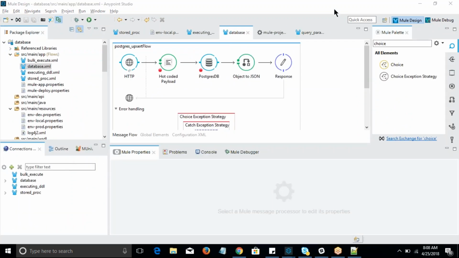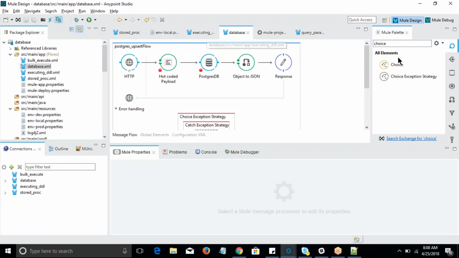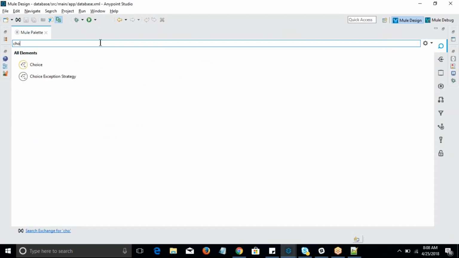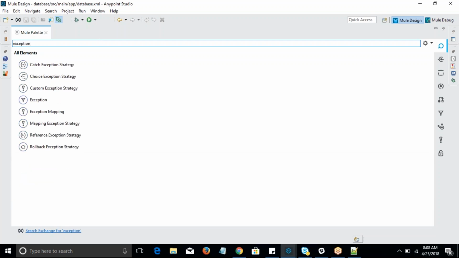I'll just quickly show you once again the top palette. Search for exception here. As of now, I'm trying to use these two: one is catch exception strategy, another one is choice exception strategy. First we have to drag and drop the choice exception strategy. So next one is